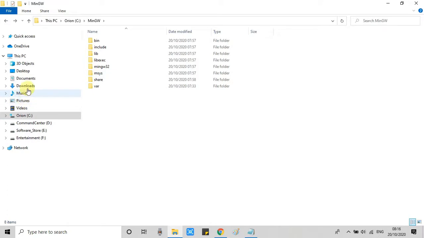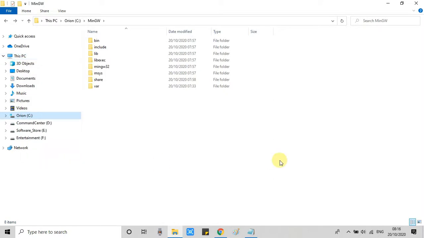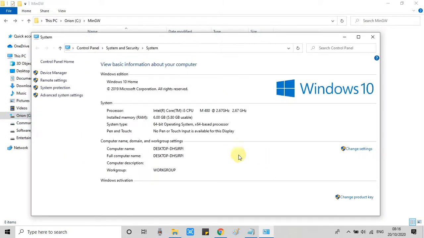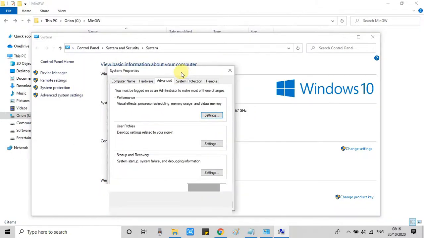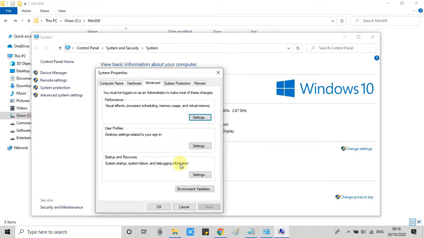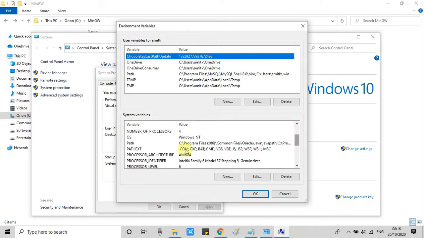Here we go. Just select This PC, right click and go to properties, and you will see this window. Click on advanced settings, and the system properties window will appear. On the bottom side you will see environment variables. Click on it, and under the system variables section you will find many variables.